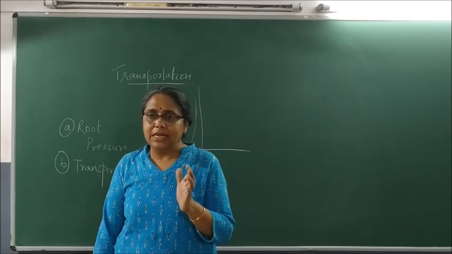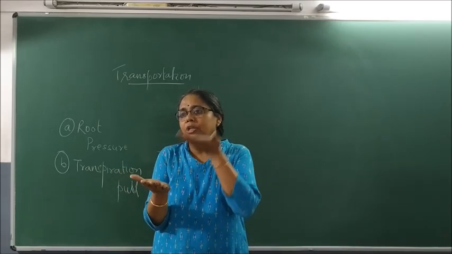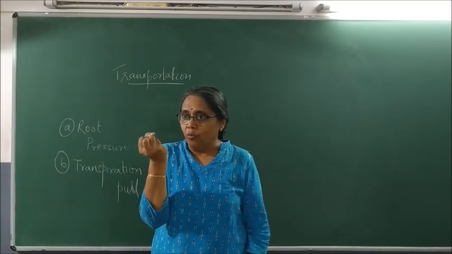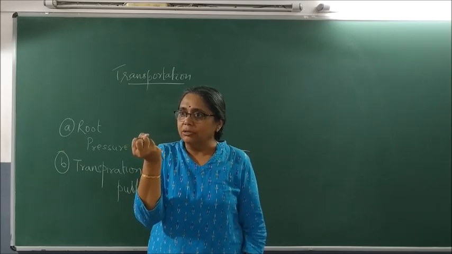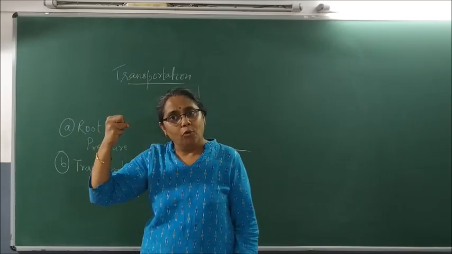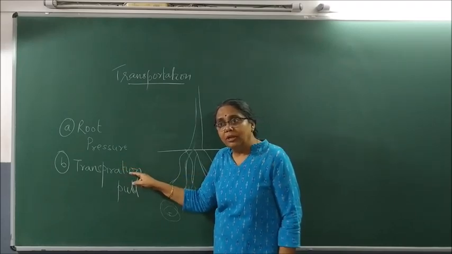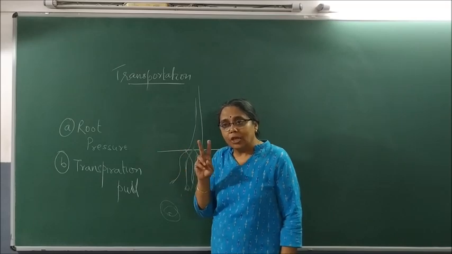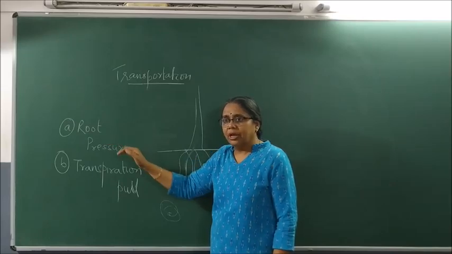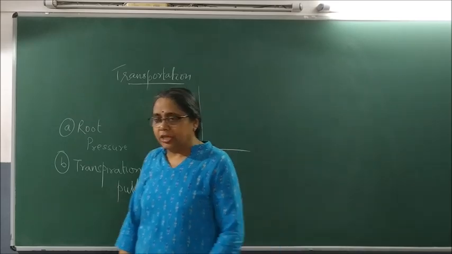So what happens basically is, these stomata during the day open and the water is removed in the form of water vapor. So there is deficiency of water, so it will take a pull from the lower levels to take in water. So this kind of a pull which happens during the day is called as what pull? Transpiration pull. So basically any movement in plant happens due to root pressure and due to what pull? Transpiration pull.